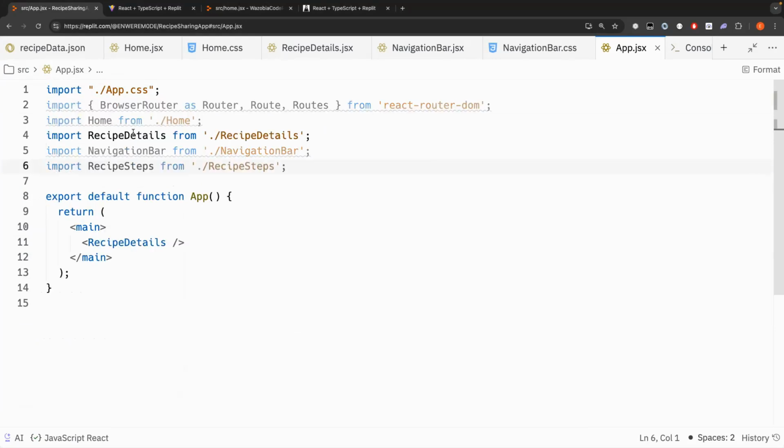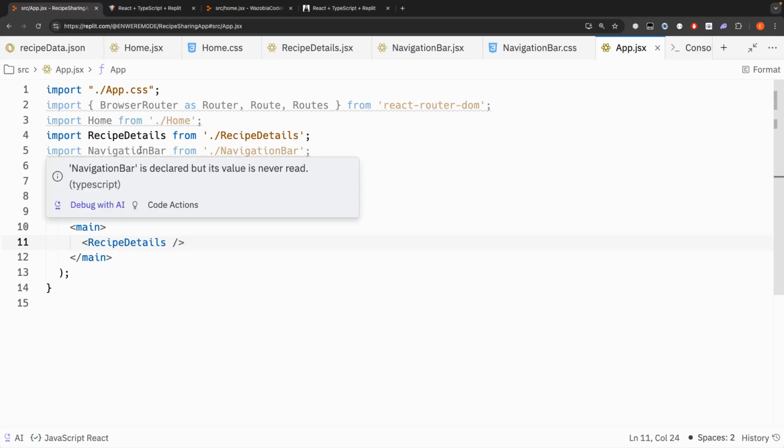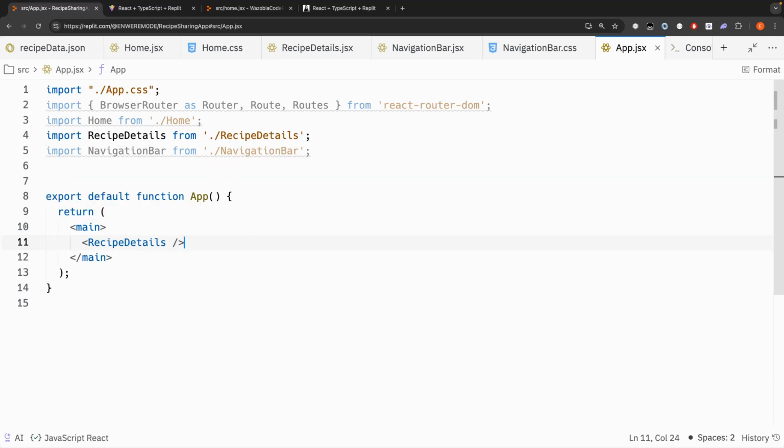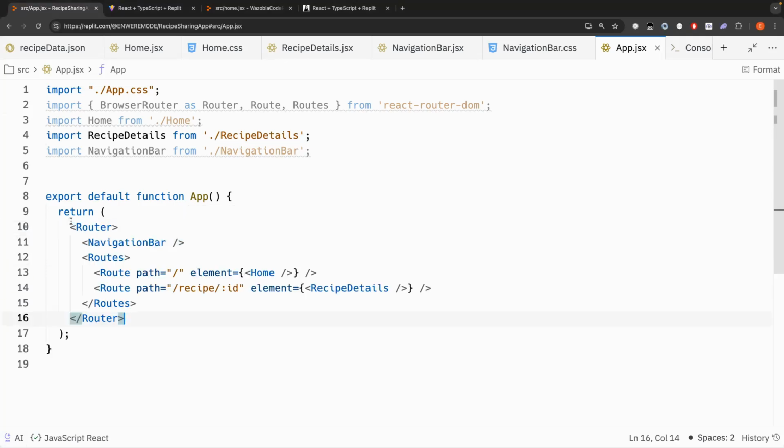So we import the BrowserRouter, we import Home, we import RecipeDetails, we import NavigationBar. And then what we want to do technically is this. We create our router, put a navigation bar on top of every single route, create our routes, and then do the recipe IDs. So when you go into the page, you're going to see